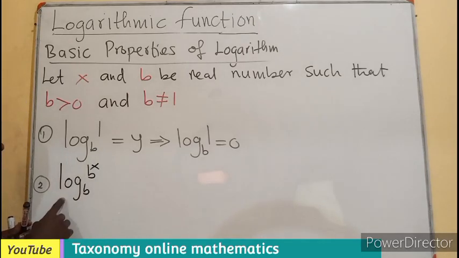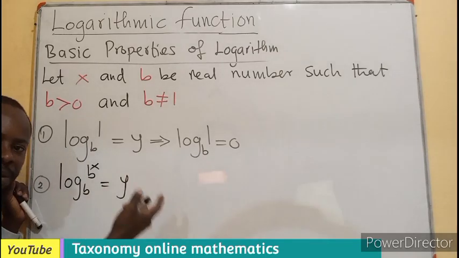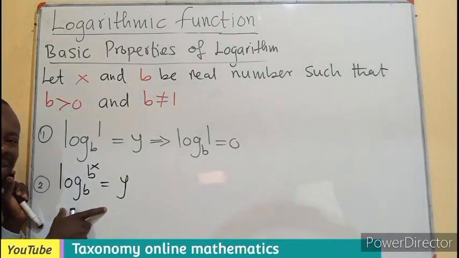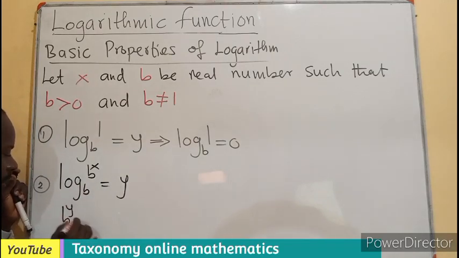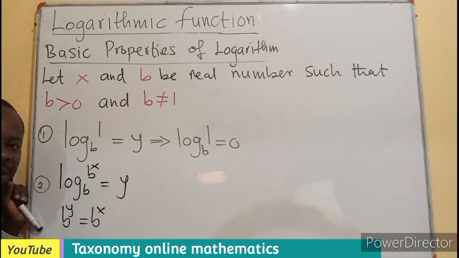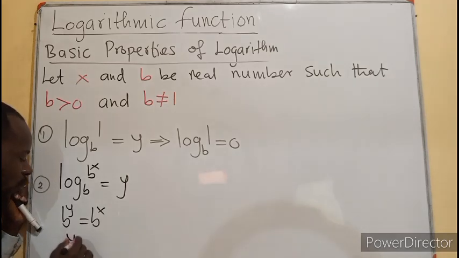So we can also say let the whole of this equal y, so that we can remember the conversion from this into indices. b exponent y equals b exponent x. So obviously, seeing this is an exponential equation with the same base, the exponents must be the same. Meaning y should be the same as